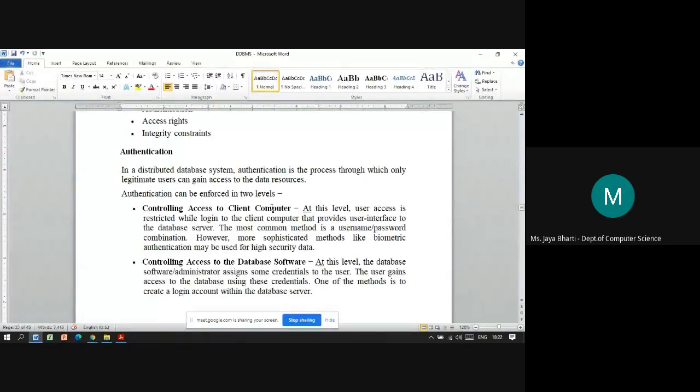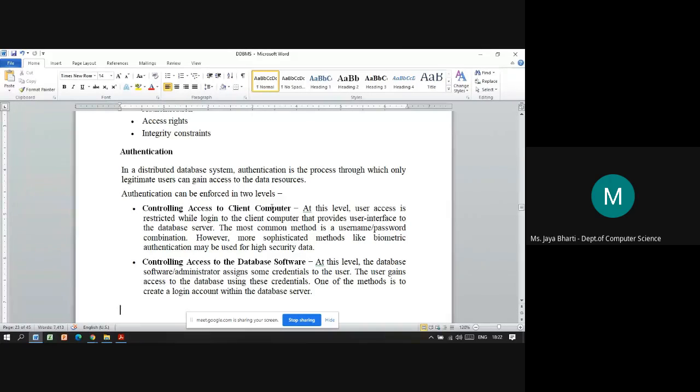Further, more advanced techniques have come, such as biometric authentication, which can be used for high security data. Based on how important that particular database or module is, you can apply the authentication technique. At the basic level, we always go for username and password.